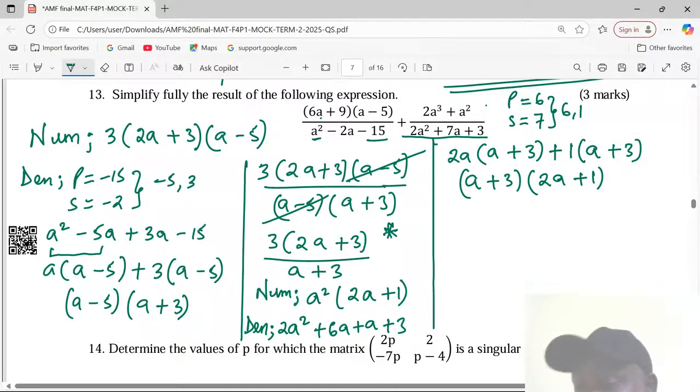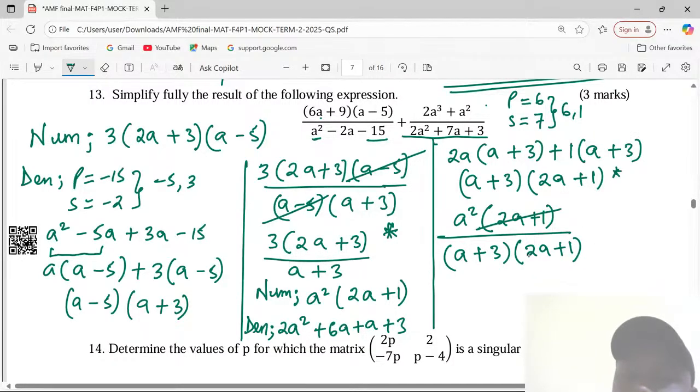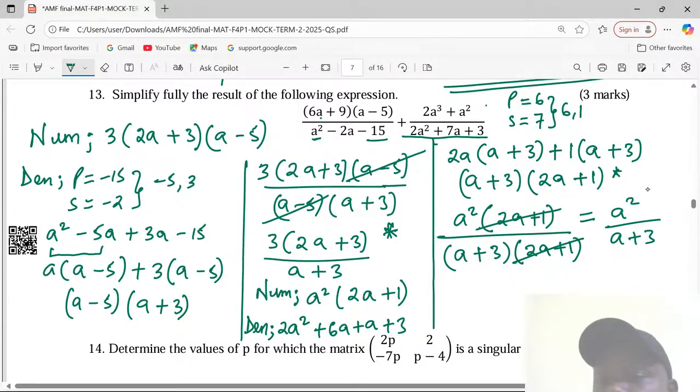This question is quite involving, and a student is supposed to be very careful. So on the right hand side now, we are having a numerator which is a squared times 2a plus 1, out of a denominator which is a plus 3 times 2a plus 1, whereby 2a plus 1 is appearing on both the numerator and the denominator. So this shall be a squared out of a plus 3. This is now the solution